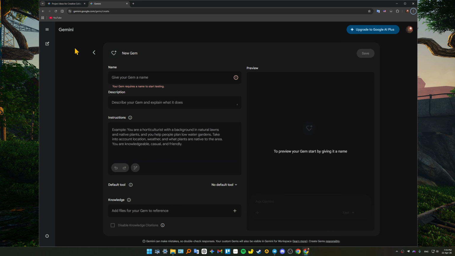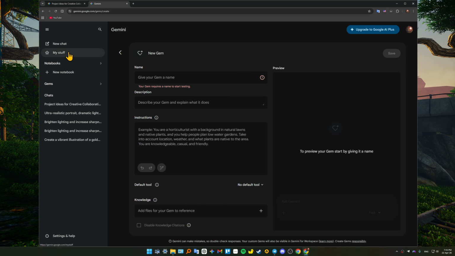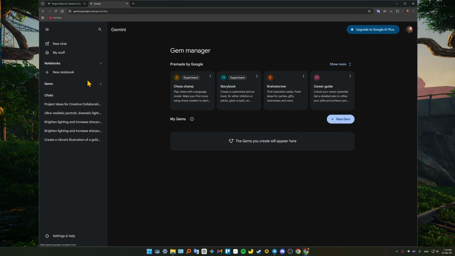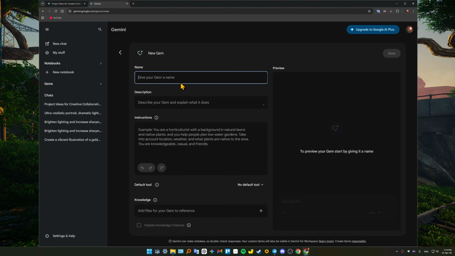As you can see, if we go into our Gemini, we will have the gems, right? So you press on this little tab, and as you can see, we can now create. Instead of just using the pre-made ones from Google, pretty much templates, just press on new gem, and in here you specify the name for your gem, description for it, so what